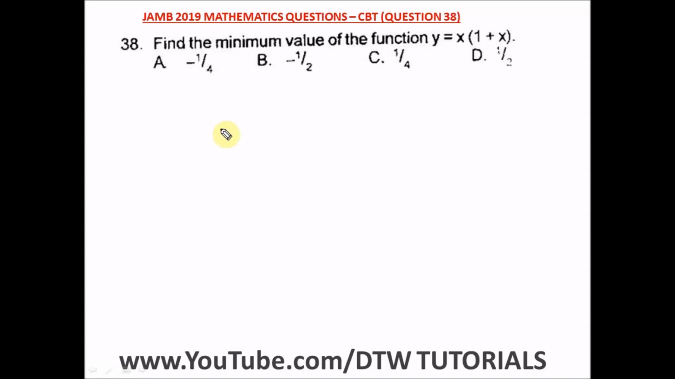Question 38 of the JAMB 2019 Mathematics Past Question, your UTME CBT exam. It says find the minimum value of the function y is equal to x bracket 1 plus x close the bracket. Okay, so we have to find the minimum value of the function and it's just telling us to